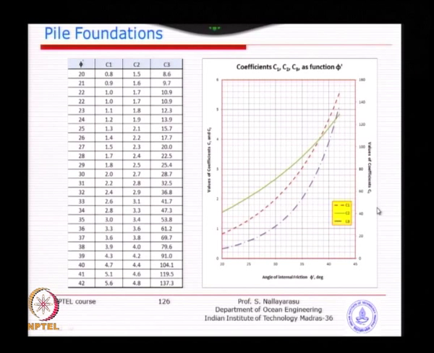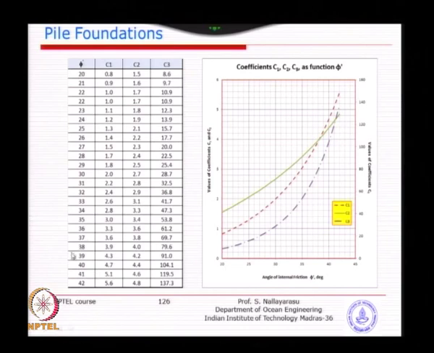So, you have to be a little bit careful not to read all of them in one, because the values are slightly smaller here and bigger here. So, you have to be a little bit careful here. For example, if it is 30 degrees, C1 is about 2, C2 is 2.5, and C3 is 27 to 28.7. So, you have to read the C3 from this axis, corresponding to this blue color, something like that.